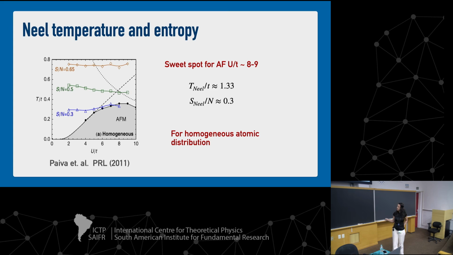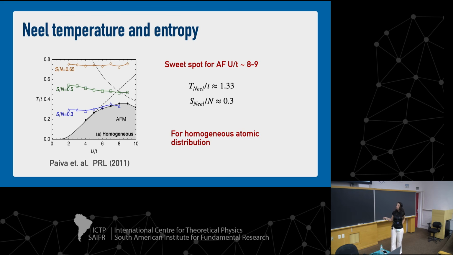This is the interaction strength U, and this is the temperature. What we did was calculate the entropy as a function of temperature for each one of these values, and I marked this 0.3 entropy here in temperature and U. And I kept following these isentropic lines where the entropy is fixed. And we see by this plot that I need some entropy around 0.3 to increase U and reach an